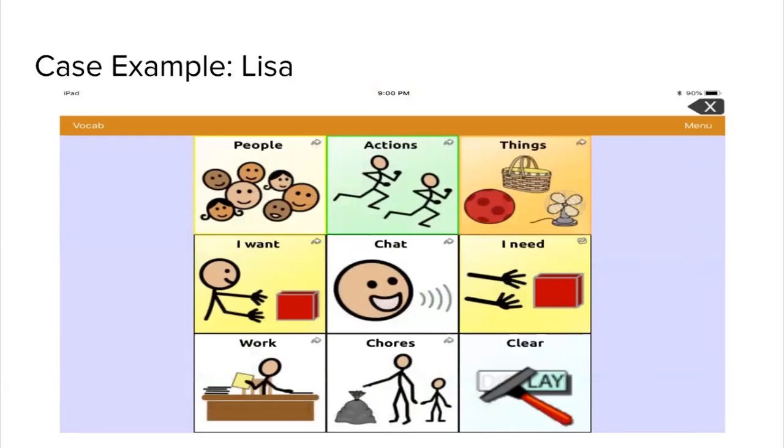So I included those examples just because I think it's important to show and talk about the fact that this is doable. Just because somebody is a little bit older, or they're an adolescent or older, or they're an adult, there's still opportunity to improve, and there's still opportunity to use a high-tech AAC device or a low-tech AAC device, and we should never give up on this. We want to make sure that it's an appropriate fit, but that we're not saying, hey, this person is too old for this, because that's oftentimes not the case.